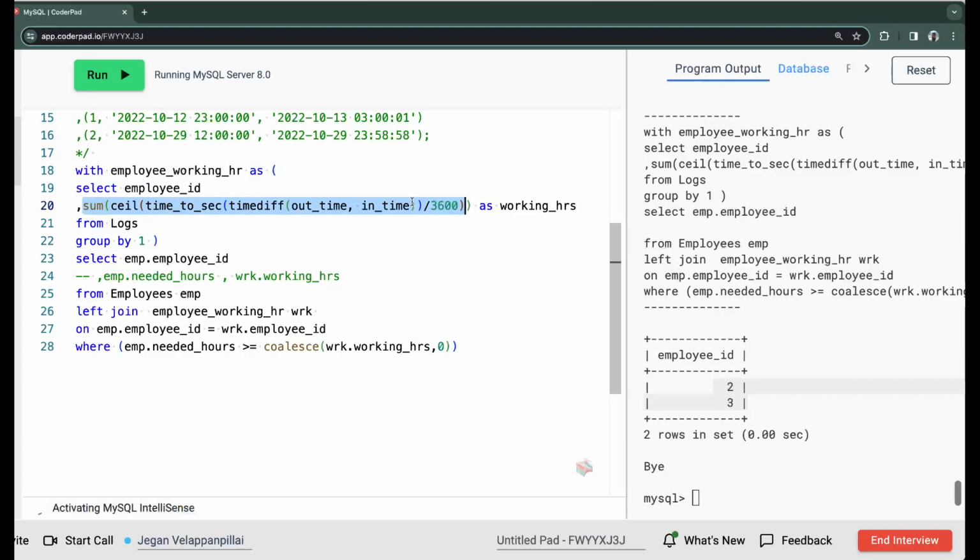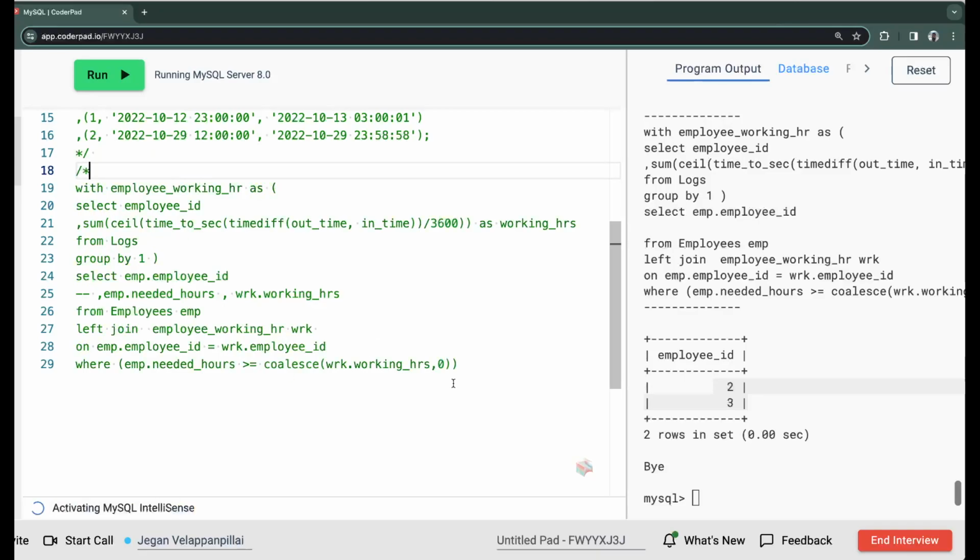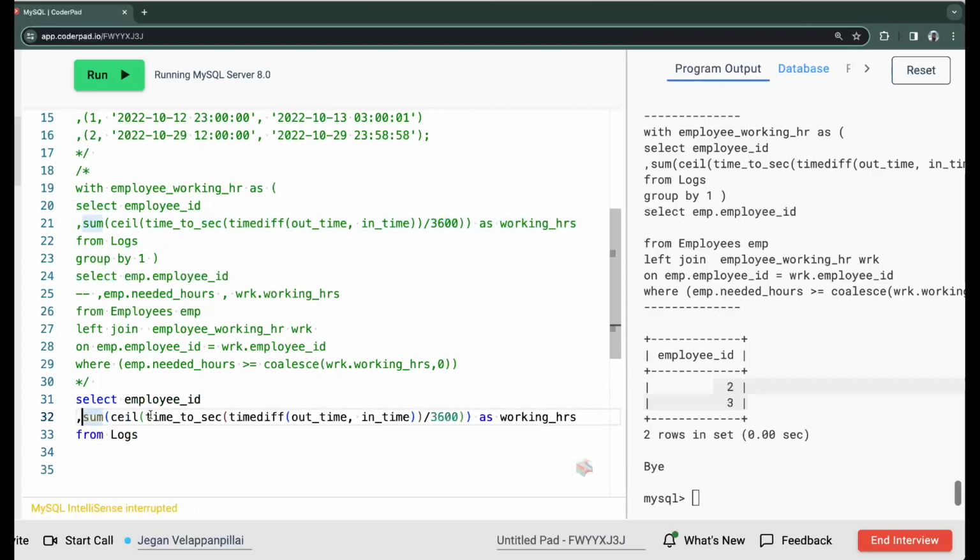Okay, now we have these many functions, right, time difference, time to second, all that. So there is one other way to calculate the time difference. Let me show you that. There is something called the Unix function. Let's get this. Okay, so we remove all the ceiling and stuff, out time and in time, right? Okay, so what we can do is we can start with